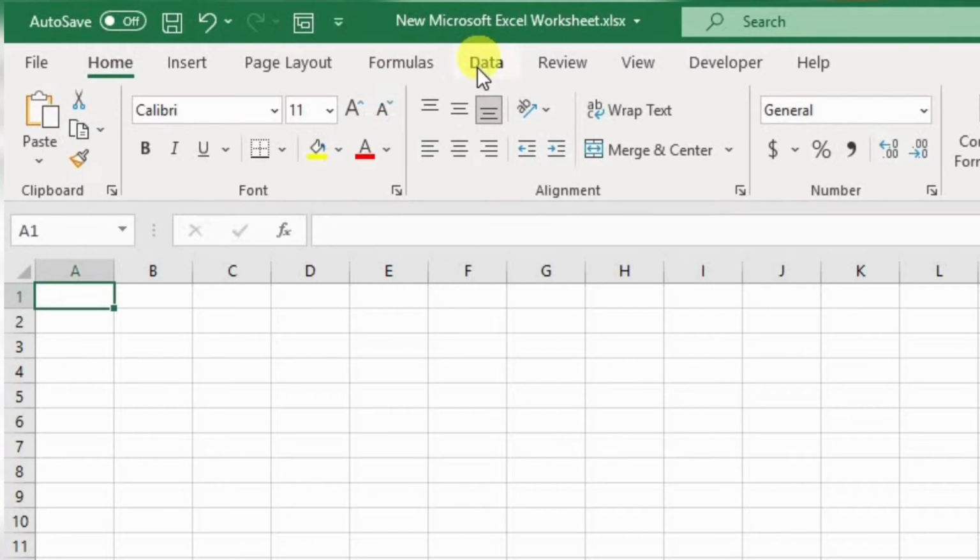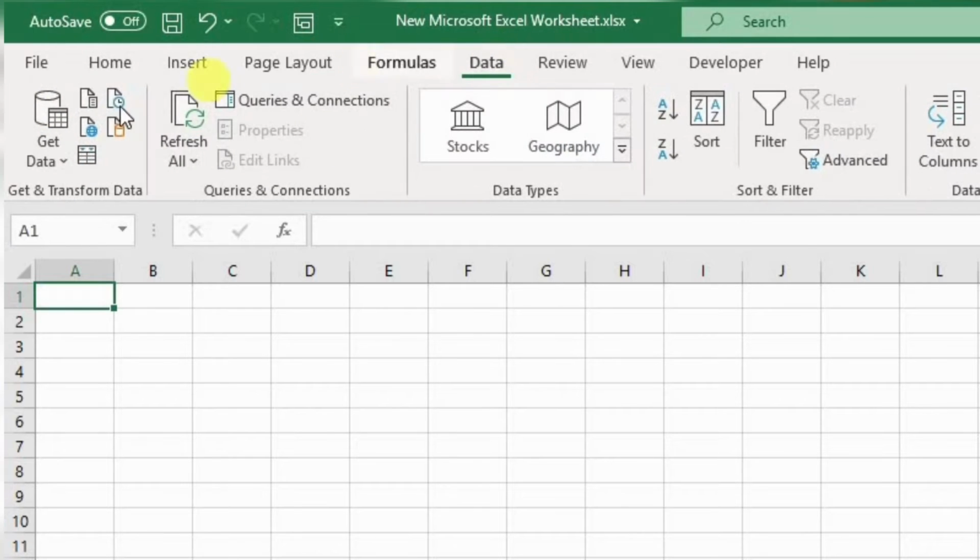This is the Data tab. From the Data tab, we are going to use the Power Query option, Get and Transform Data. From here, there is a globe symbol, that is to pull information from the web to Excel.